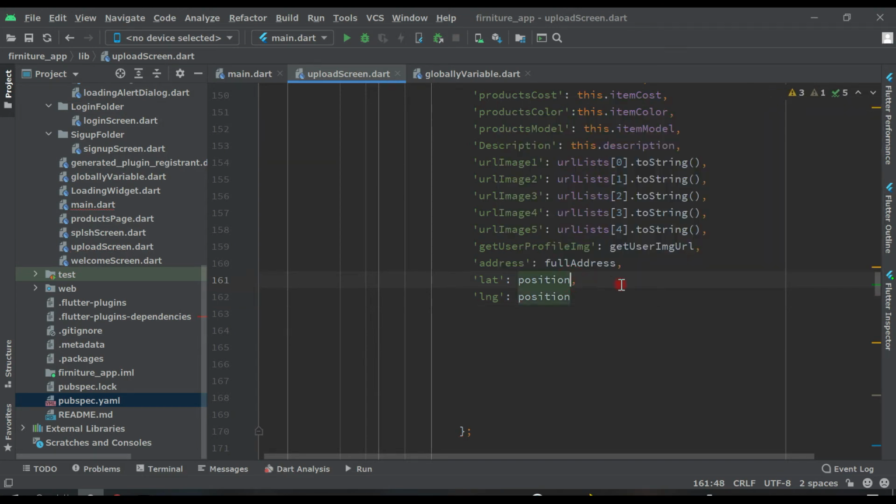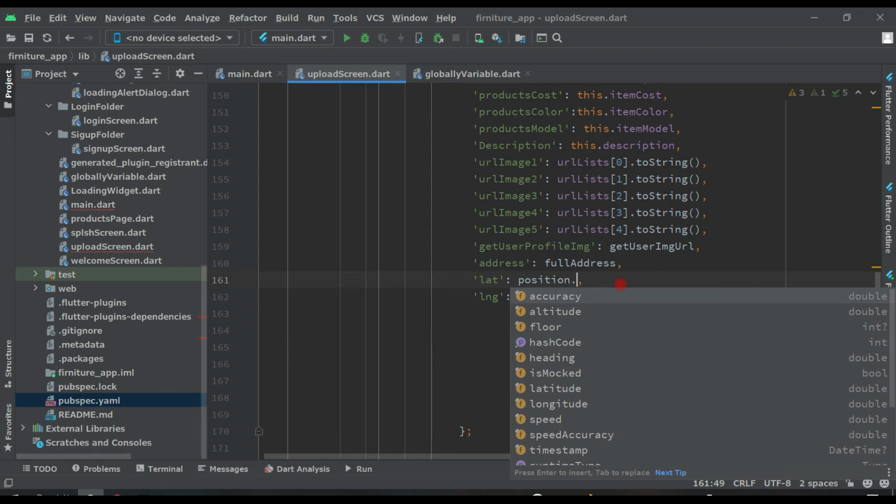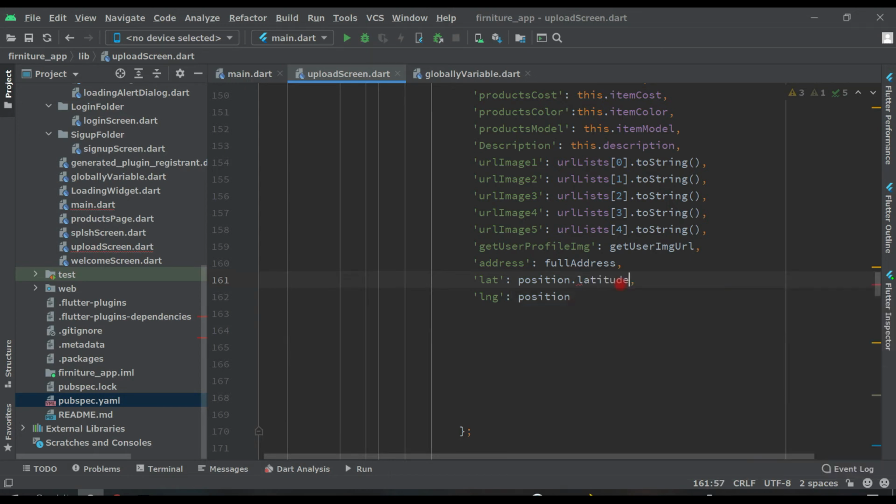Now after this, position dot latitude, and here position dot longitude like this, and comma. And it's showing an error. Click on it and you can see this red bulb, add a null check like this, same like this.